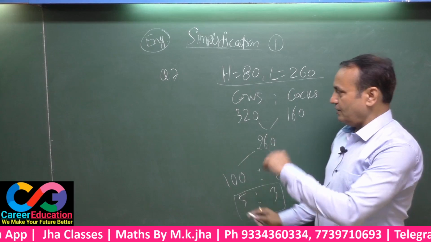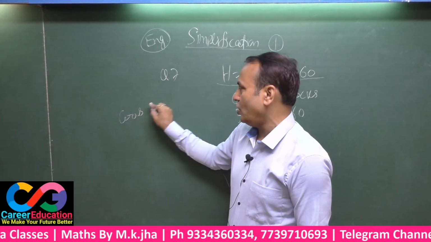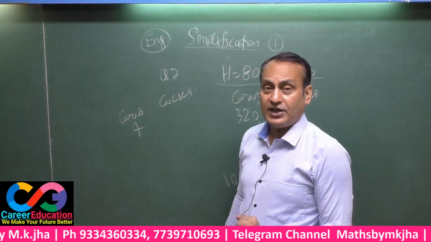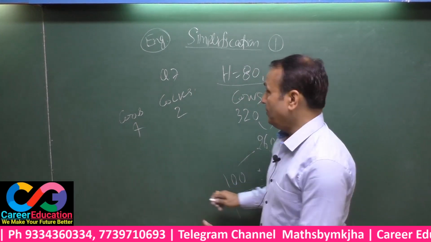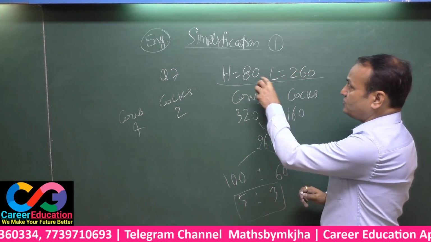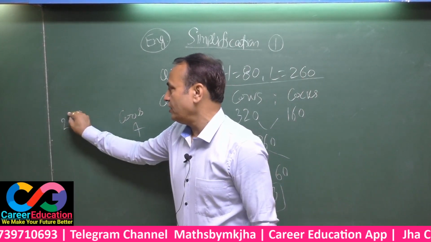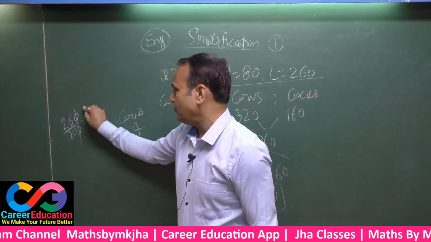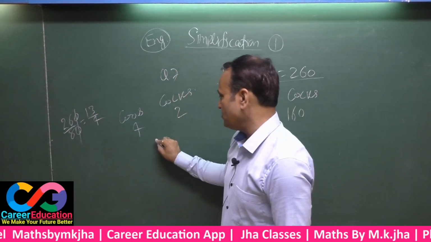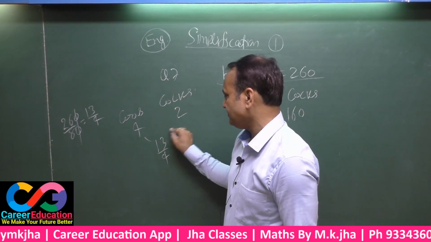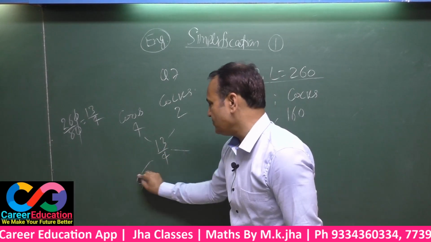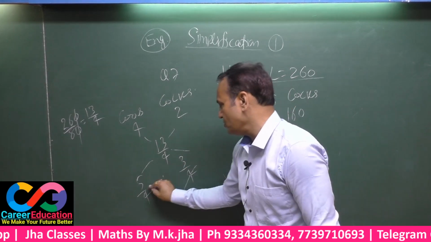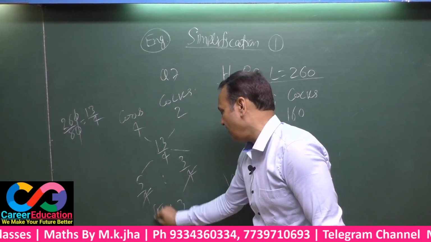You can have the answer like this as well. Cows, cocks. See here. A cow has only 4 legs. A cock has only 2 legs. But see here, 260 legs out of 80. The rough work is 260 out of 80. That means, see here, 13 by 4. This must be written here, 13 by 4. Now have the difference here, that is 5 by 4. 4 for 16. 3 by 4. This is cancelled. Again you got the answer, 5 ratio 3.